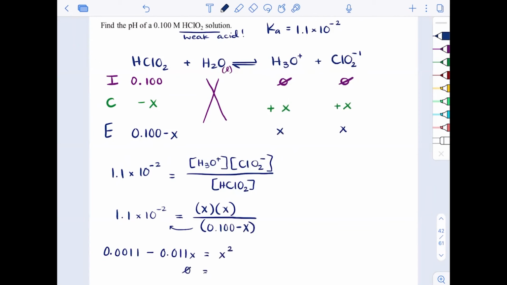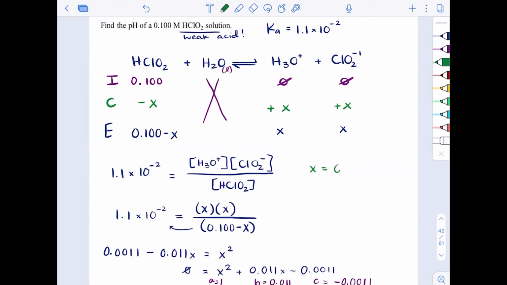Bring all those over to one side: x squared plus 0.011x minus 0.0011. Again, A equals 1, B equals 0.011, and C equals negative 0.0011. We should be able to put that into the quadratic formula, and what we get out of that,